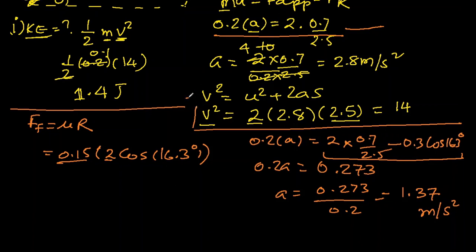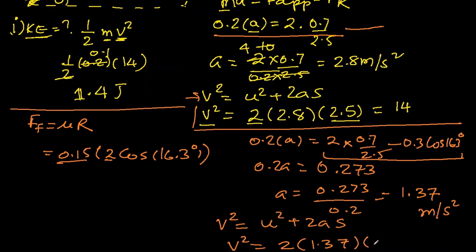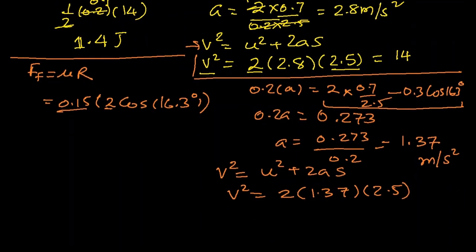Now the same thing, v square, exactly the same thing we're doing now, only the acceleration has changed, so our calculations will change. So v square equal to 0 square plus 2 times acceleration, which is now 1.37. S is 2.5. So this comes out to be